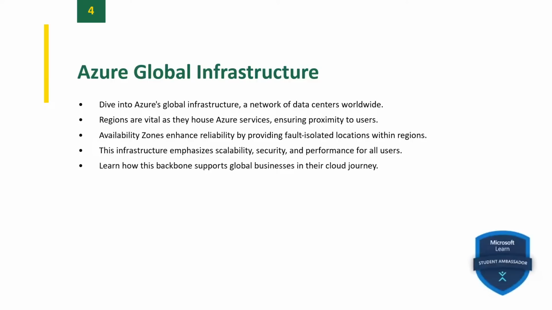Azure services like virtual machines, Azure Kubernetes Service, and managed databases can be configured to use availability zones, ensuring that data remains available even if one zone experiences issues. Third one, Azure Global Network. Global Backbone Network. Azure's global infrastructure is connected by one of the largest and fastest private networks in the world. This global backbone network connects Azure's regions and data centers, enabling fast and secure data transfer across the globe.